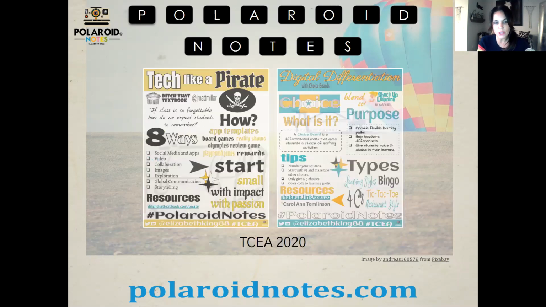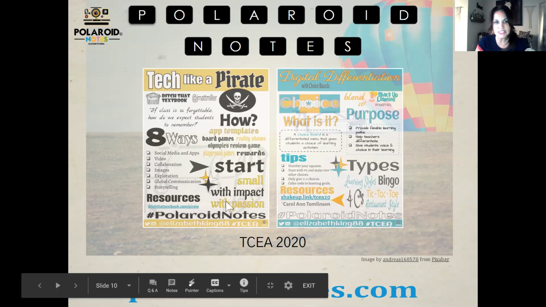these are different ones from another conference, the same conference a different year. And the setup, the organization of it stays kind of the same. I will say something about the colors, because each Polaroid notes page has a different color palette. And the way that I choose the color palette or the theme of these Polaroid notes is kind of based on the topic. So for example, on the Tech Like a Pirate, the presenter, Matt Miller,